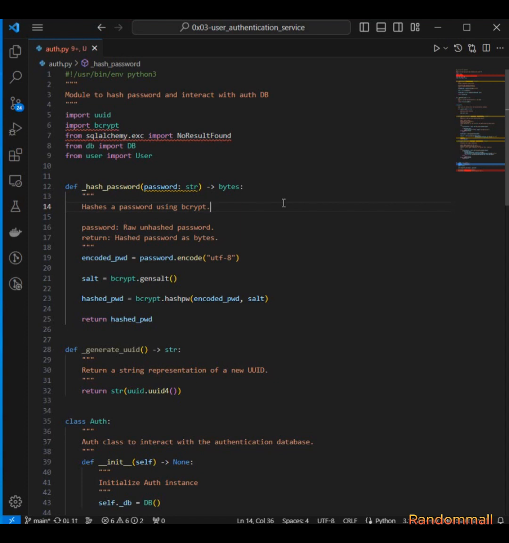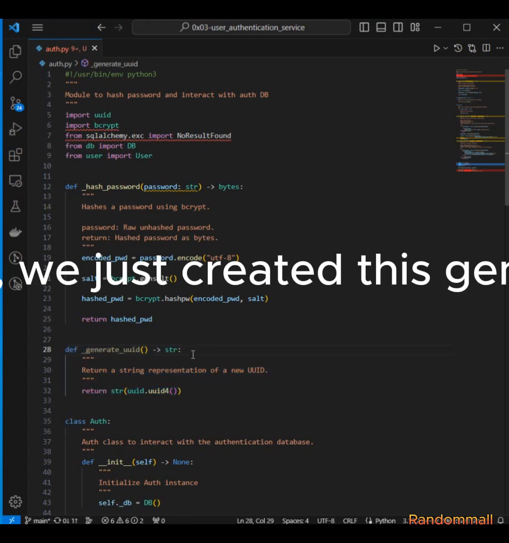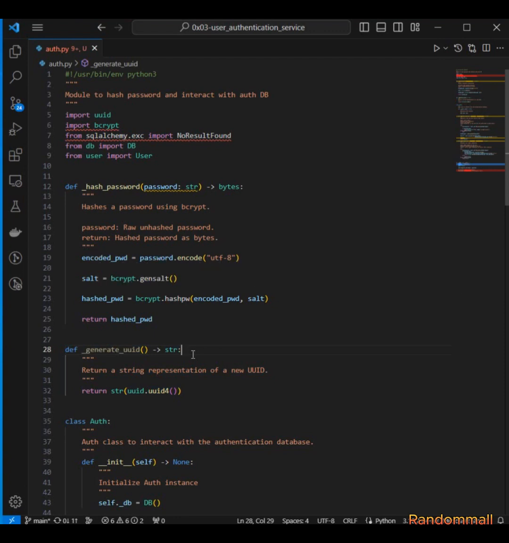For this task, we're going to look at task 10, because in task 9 we just created the generate UUID private method for the Auth class. So for task 10, we are going to implement the create_session method, which we'll be using to create a session. It's going to take email as argument and return a session ID. Then the session ID is going to be a string,